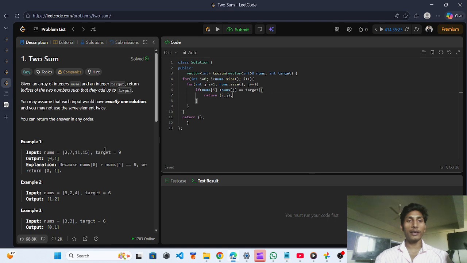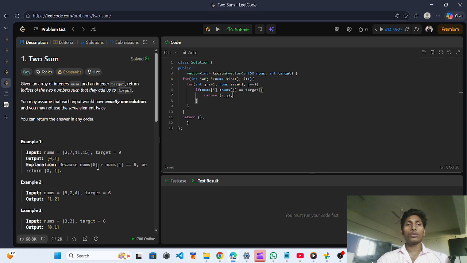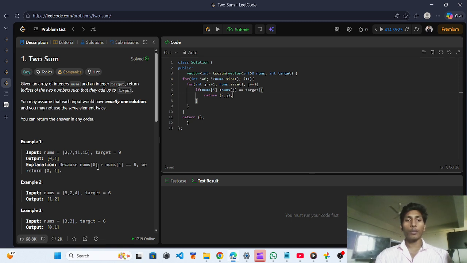We have the target integer. Return indices of the two numbers such that they add up to target. We have to find the indices of the two numbers which, when we add them, give the target number.